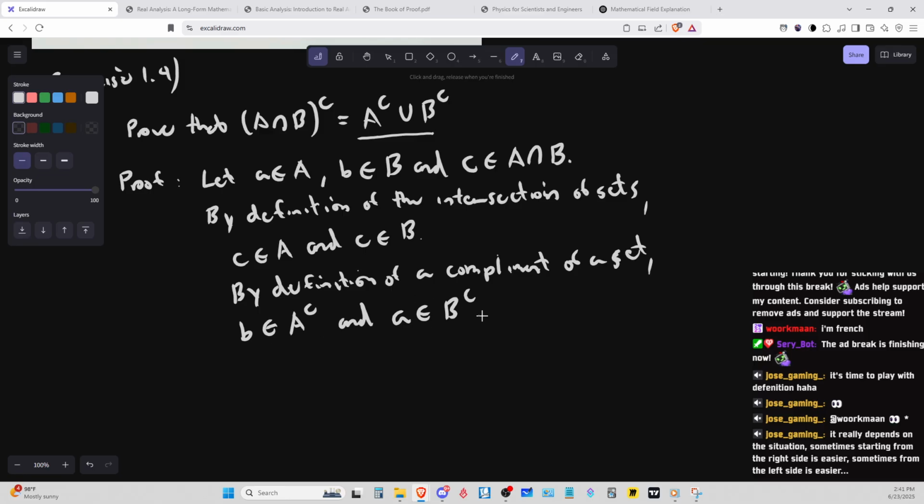So okay, so and since they're a union, then that means by definition of a union of sets, the union of the complements of A and B is such that A